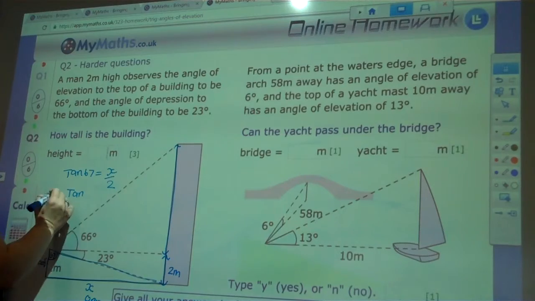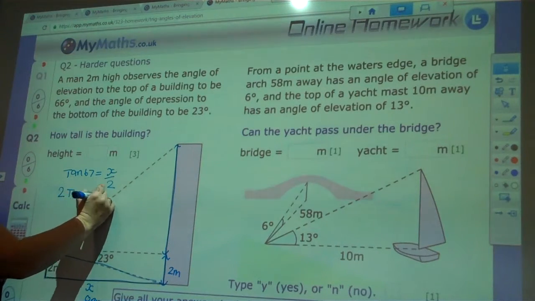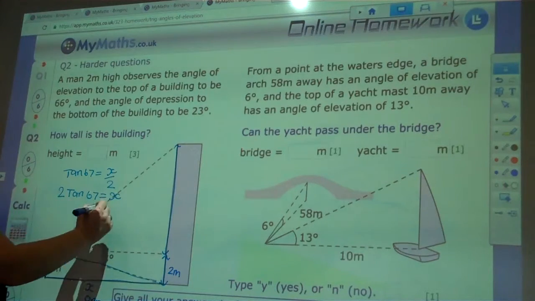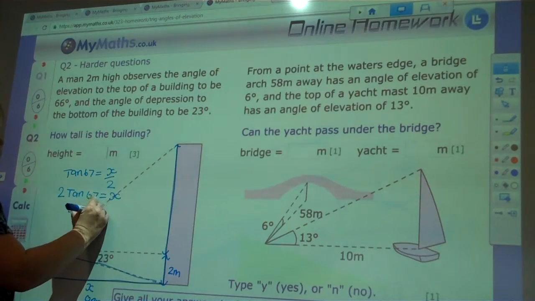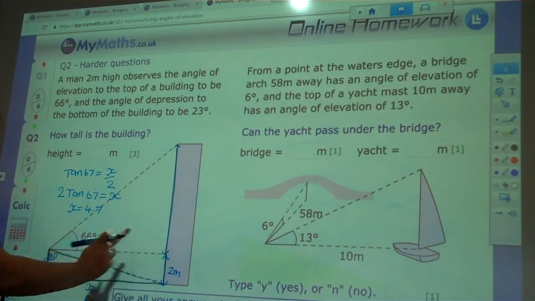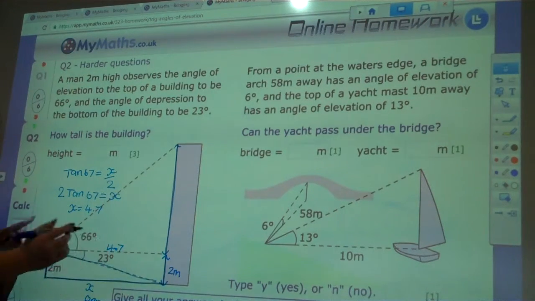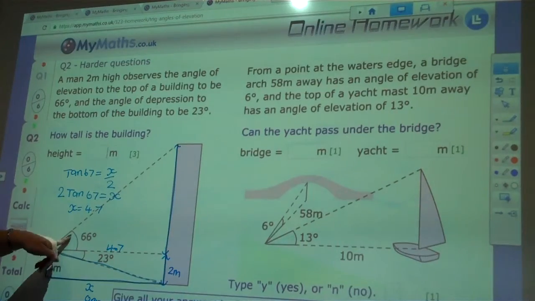That's what my problem is. Right. 2 tan 67 equals x. 4.7. So x equals 4.7. So we now know that this distance here is 4.7. So, now looking at your 66,